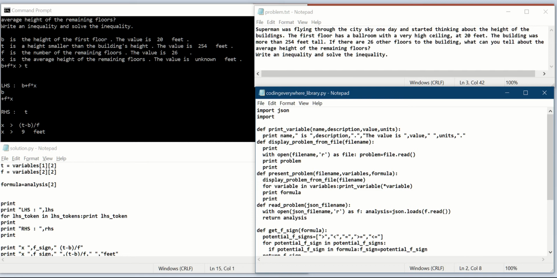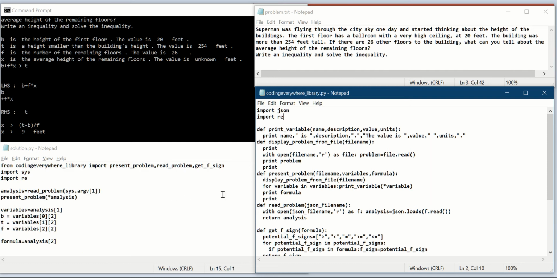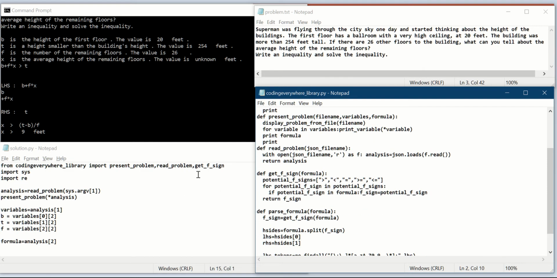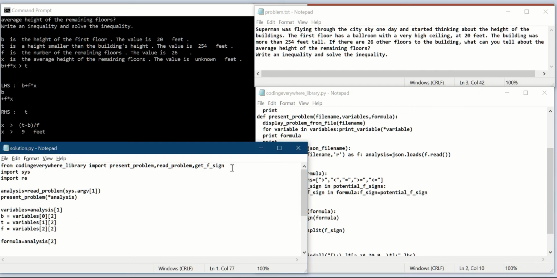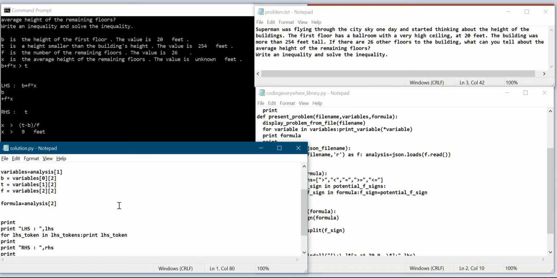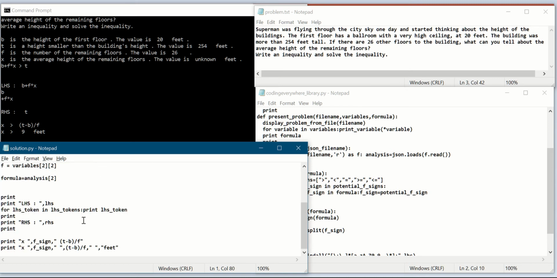Now, since we are using the regular expression module, we will import it here as well. Import re, and that should be pretty much all. I am saving it. Now, in solution.py, I have to import this function, parse_formula. Since I do not need get_f_sign anymore, it is used here, not here anymore. I will just import the parse_formula,